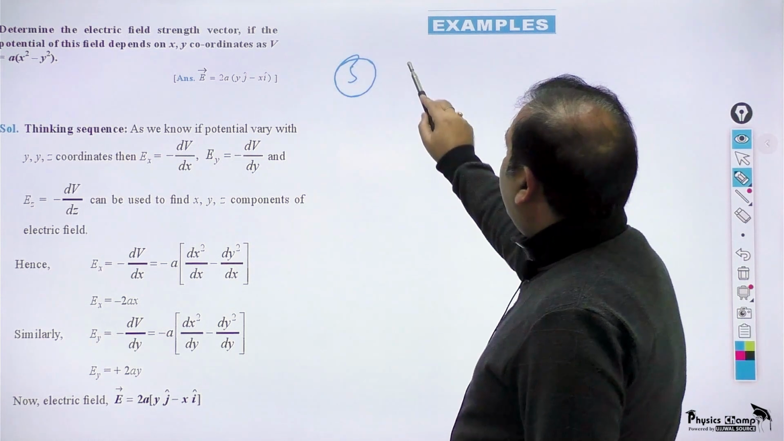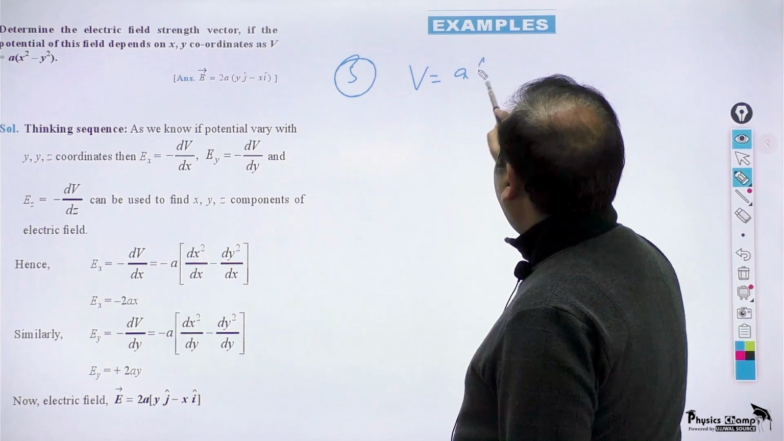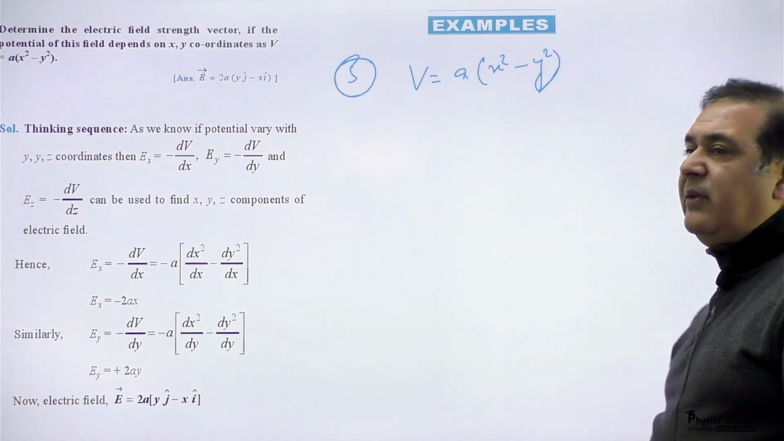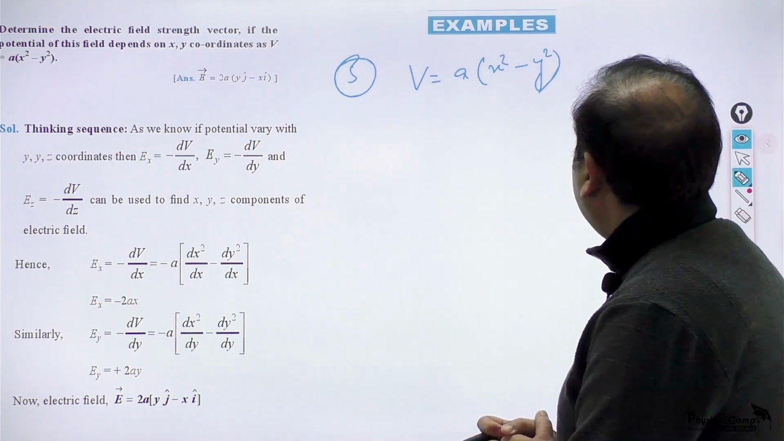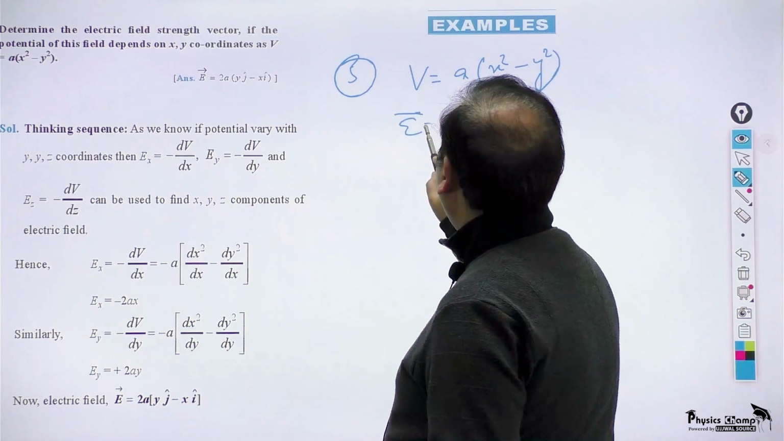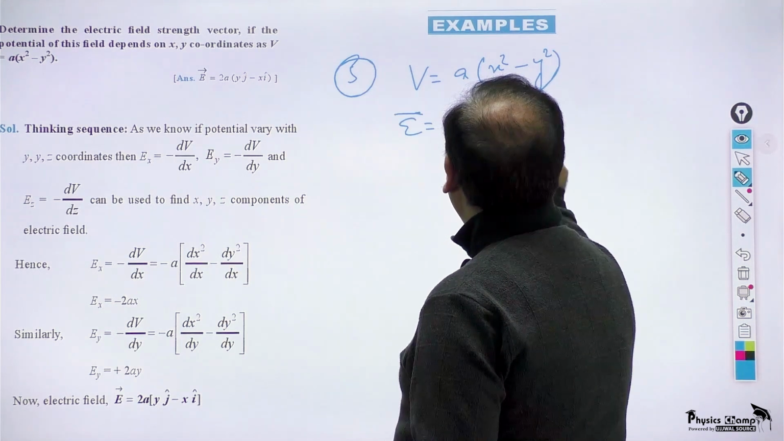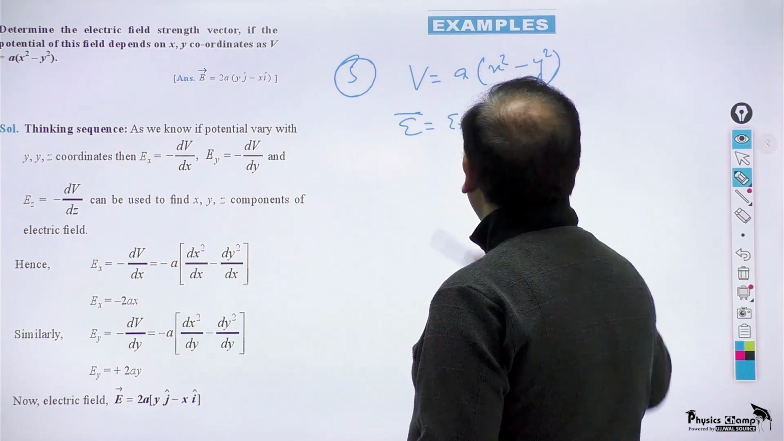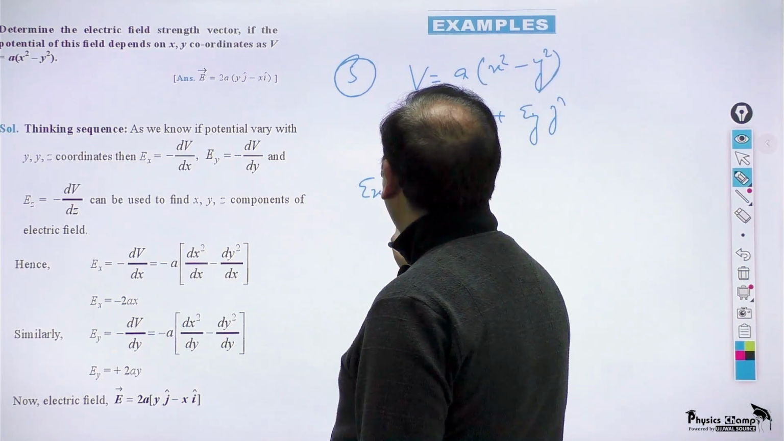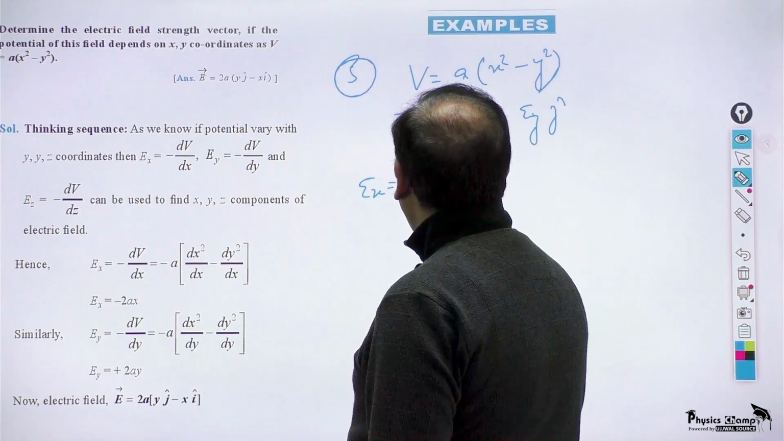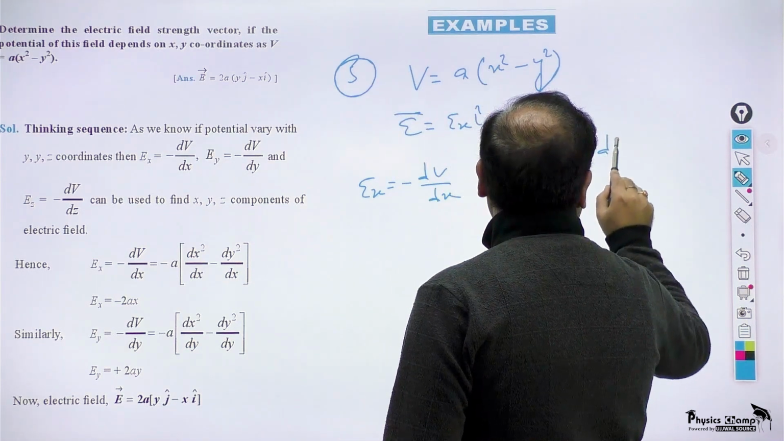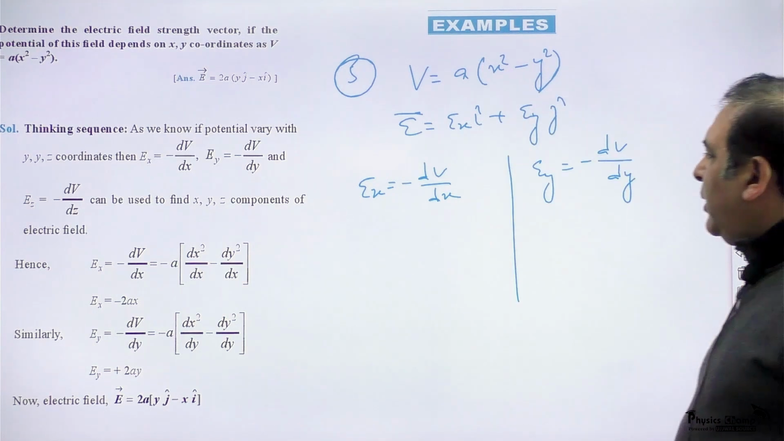says potential in a region is given as ax square minus y square. So here potential is varying with x and y, as V is equal to ax square minus y square. Determine electric field strength vector. It means look for Ex i and Ey j. Determine electric field strength vector. So can I say Ex should be called as minus dV by dx, and similarly Ey should be called as minus dV by dy. So when I go for Ex,